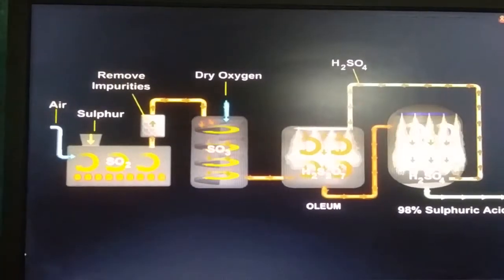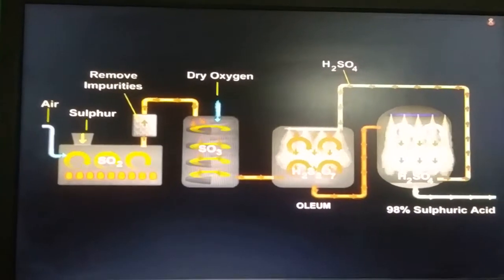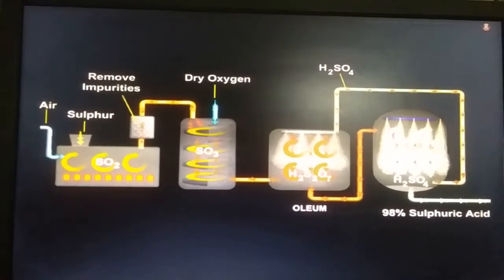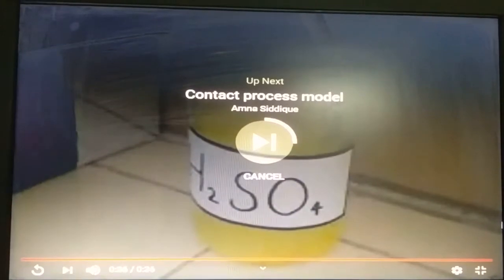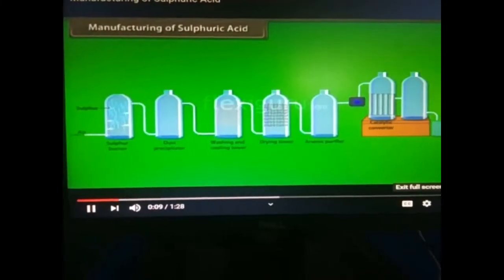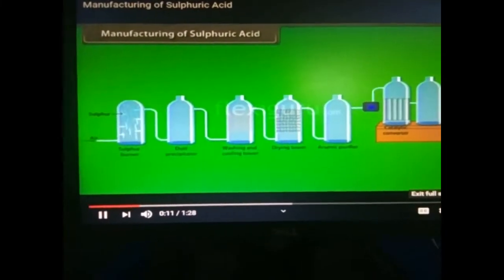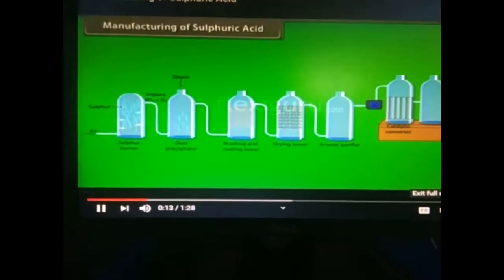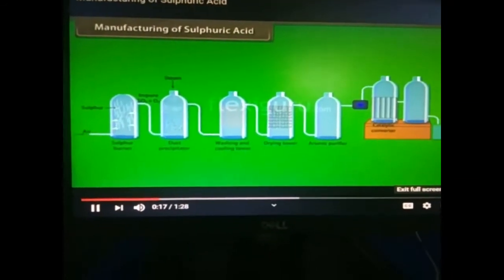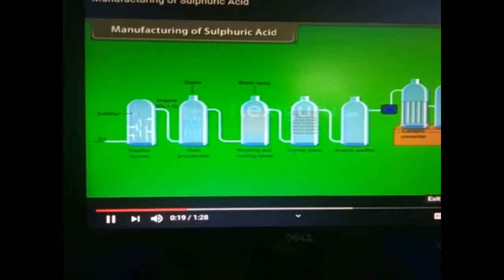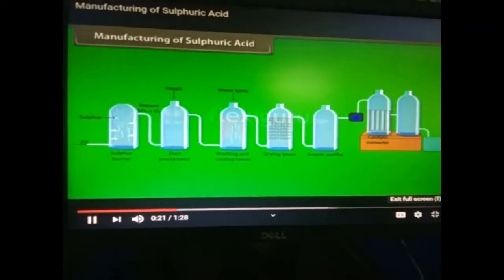Now dear students, we will observe the overall process that is happening in the formation of sulfuric acid. Now this contact process has been completed. Dear students, again I want to give you a summary of the formation of sulfuric acid. For sulfuric acid through the contact process, we can watch the setup of apparatus here.